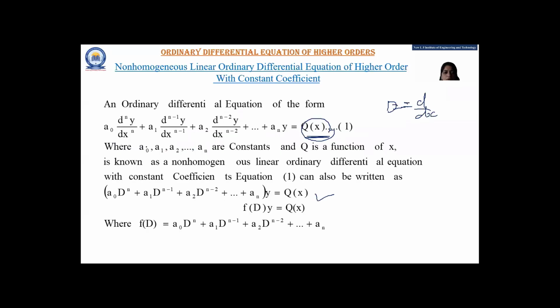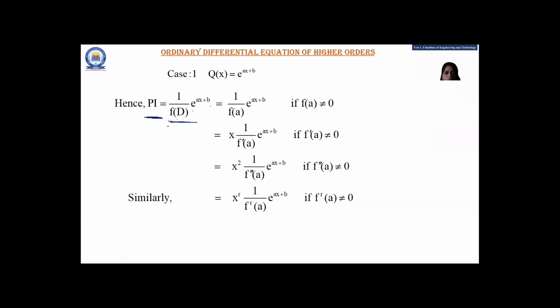What is f(D)? f(D) is the multiple of y. So 1 upon f(D) e raised to ax plus b is equal to, if your right hand side is an exponential term, then you have to replace your D by the multiple of x, and that is a. So you have to replace your f(D) by f(a). e raised to ax plus b, keep it the same, but the condition is your denominator must not equal 0. Now, what if your denominator is 0?